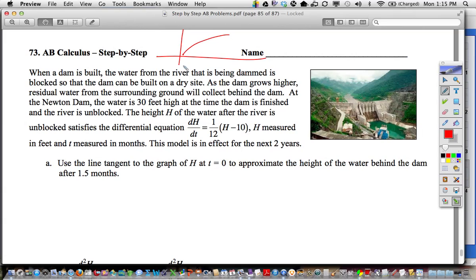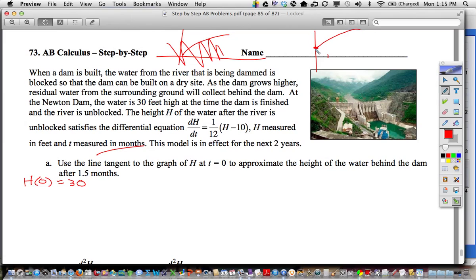Do we know an initial condition on H, by the way? Yes. We use that for my x-axis. Yeah, that is an initial condition, isn't it? H of 0 equals 30. Right? We know at time 0, which is right when they unblock the river, the water's 30 feet high. So the H graph's actually going to start up here and then, whatever, be curved like so. Okay, now, at 1.5 months, and they tell us t is measured in months here, okay? So at 1.5 months, like right over here,